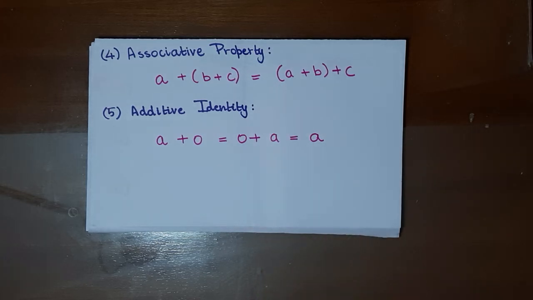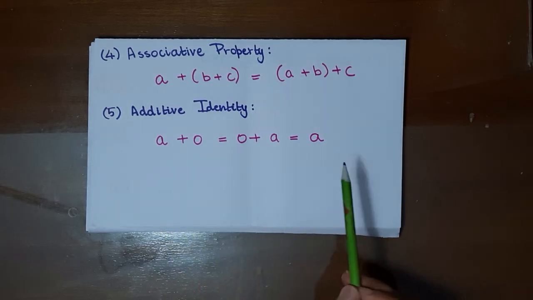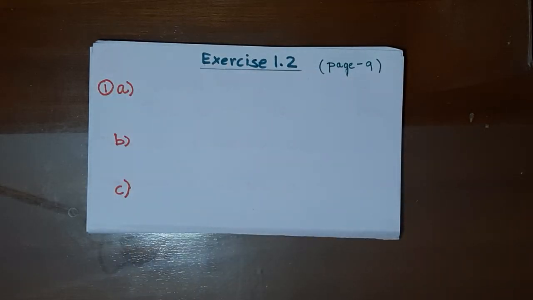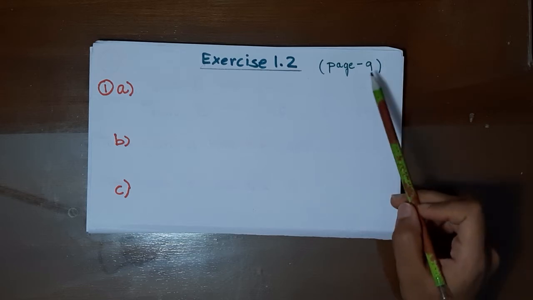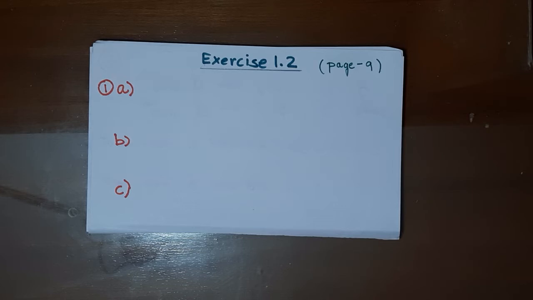Last property is additive identity. For any integer a, a plus 0 is equal to 0 plus a, which is equal to a. Now let us solve a few problems in exercise 1.2, page number 9 ನಿಮ್ಮ textbook ನಲ್ಲಿ. First problem